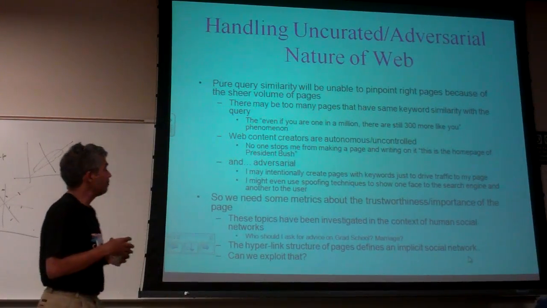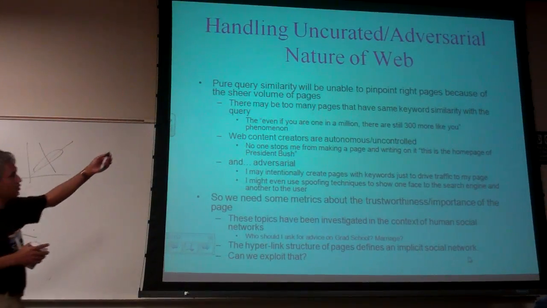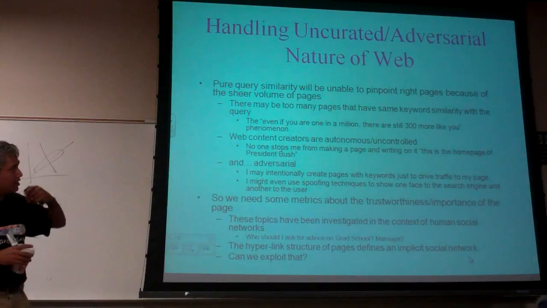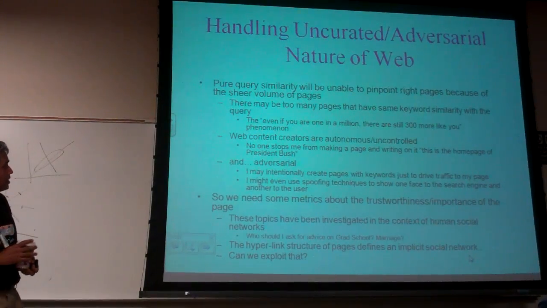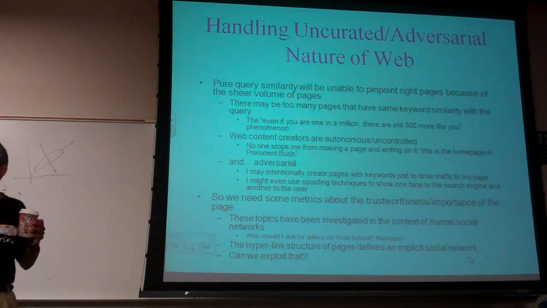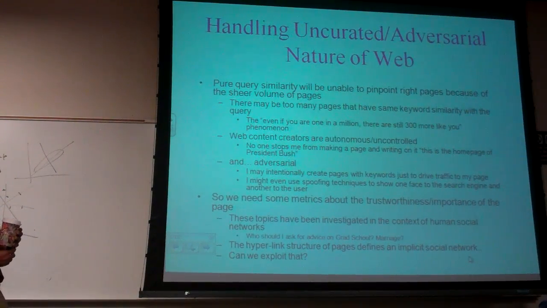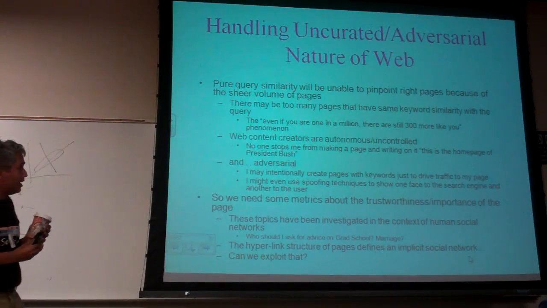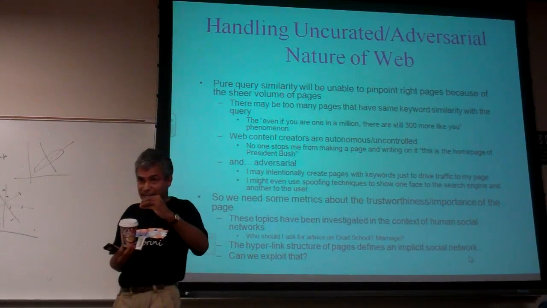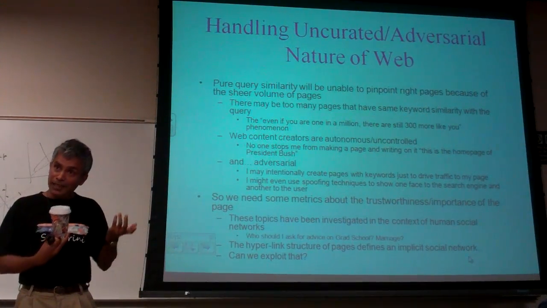So, pure query similarity. This is basically summarizing what I've been saying in the background. Pure query similarity will be unable to pinpoint the right pages because of the sheer volume of pages, because anybody can put any words on their pages, essentially. So there is this idea that even if your page is 1 in a million, if there are like 8 billion pages,